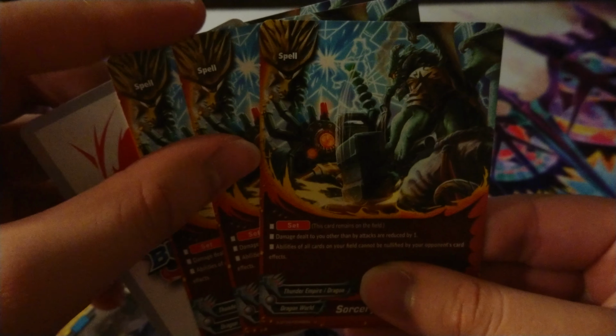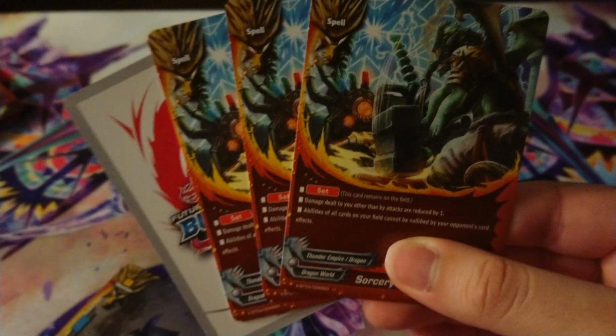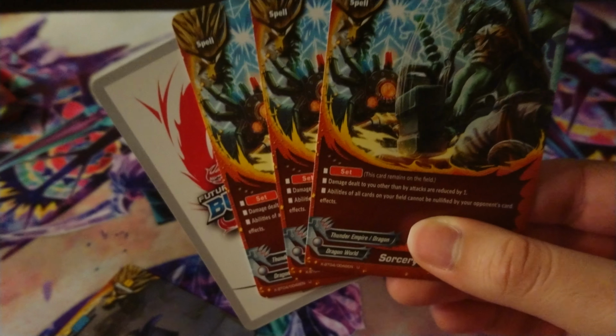So you're going to want to play 4 copies of this. It's a Thunder Empire spell. So basically, one great example of how good this card is is against the Aldo Athora matchup. Normally, the Overturn makes all your attacks useless and deals you 1 damage per attack, but with this, you won't take any damage. Plus, for the big size 3s,